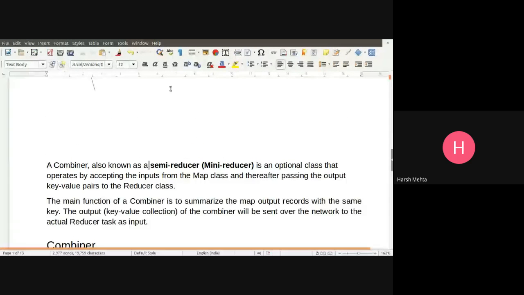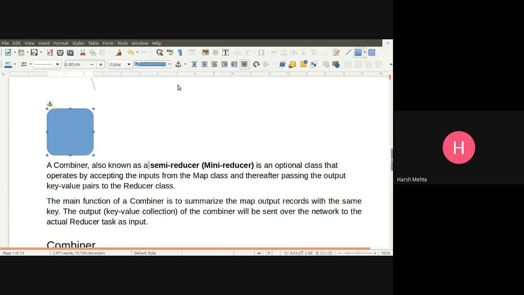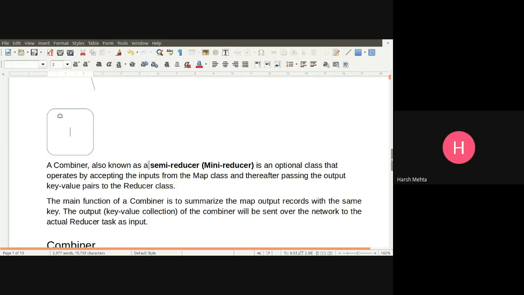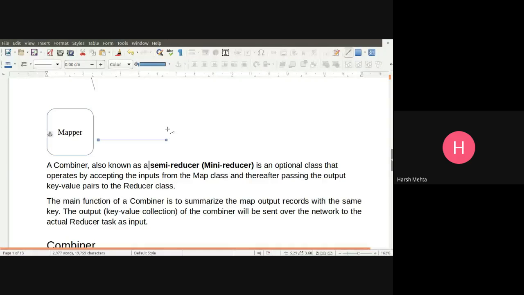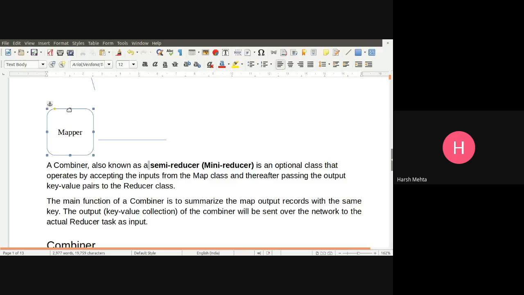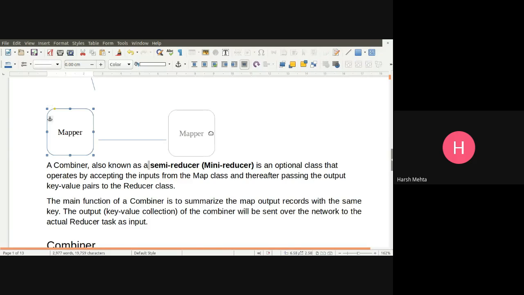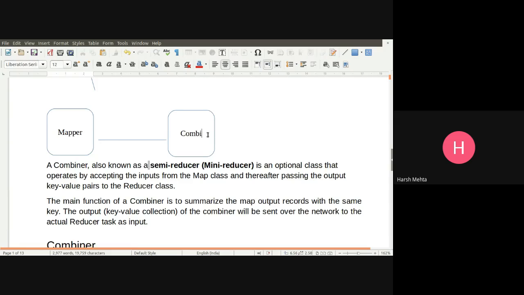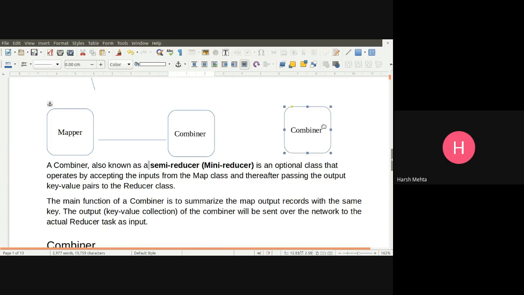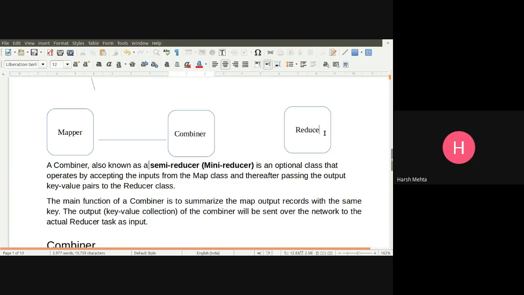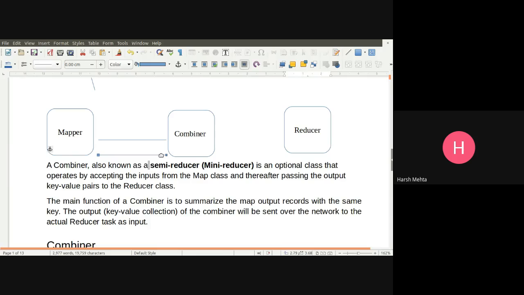We have this mapper class, and in between we have the combiner, and after that the reducer will come.